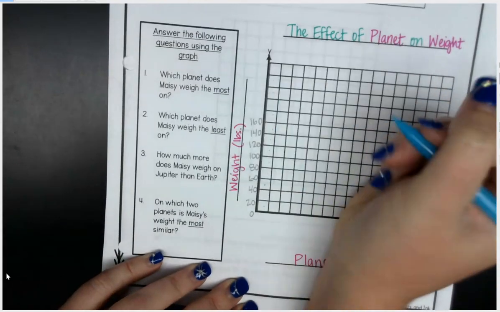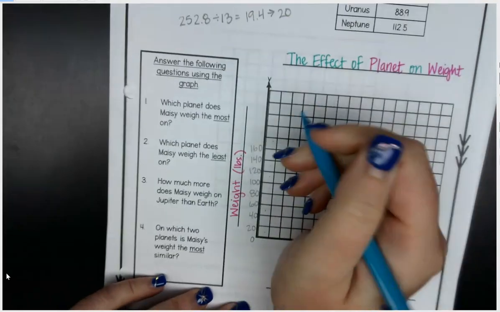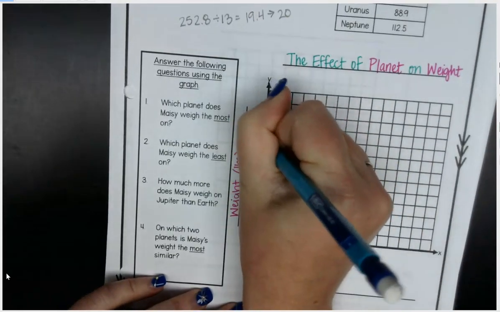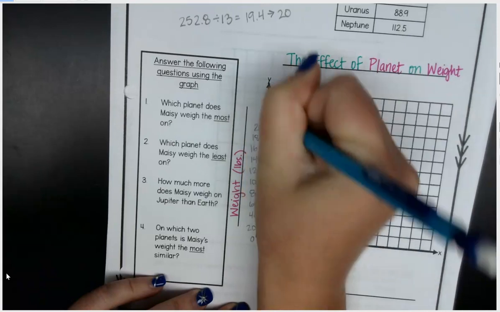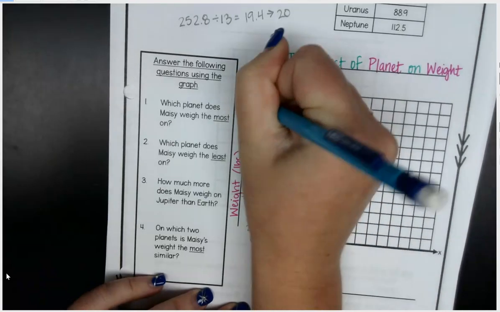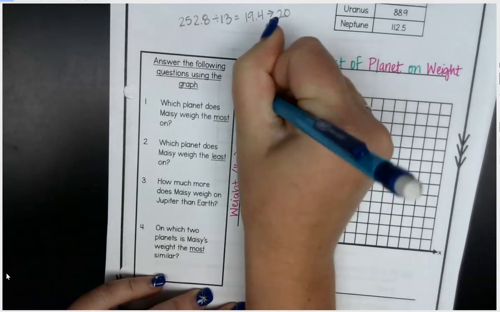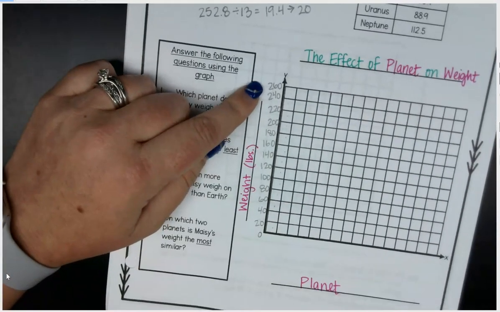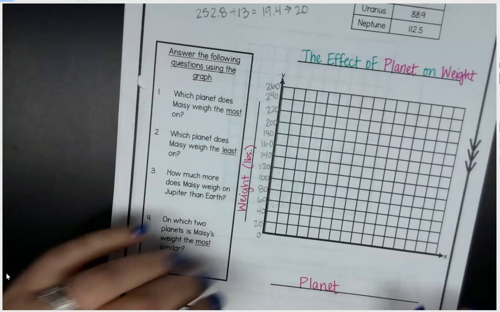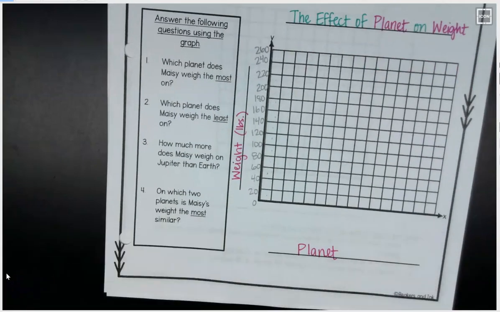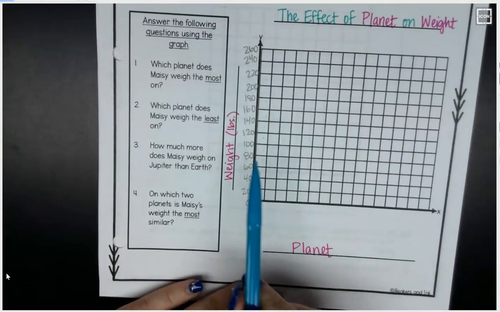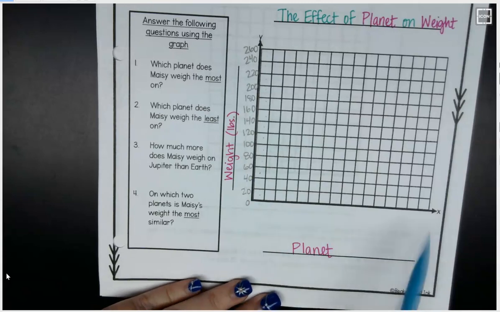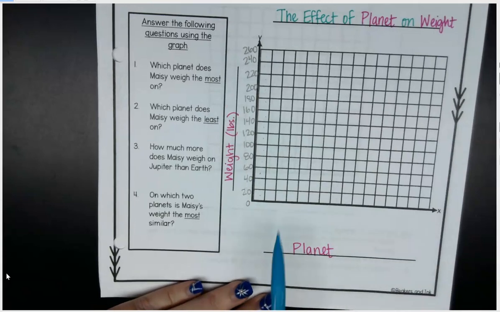We need to make sure we get all the way past that 252.3 for Jupiter, which it is looking like we should. Like I said, very familiar compared to yesterday. We're ending on 260. Yesterday we ended on 26. Fabulous. Now, of course, before I can start making any of my bars, I have to figure out how wide,